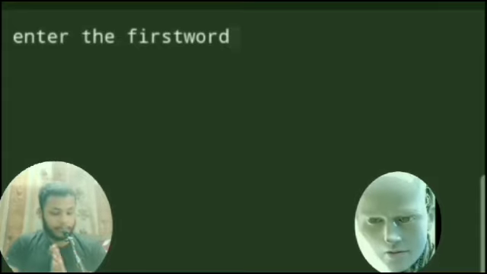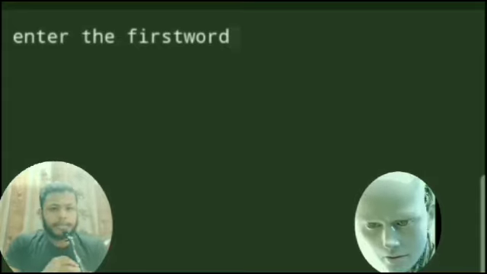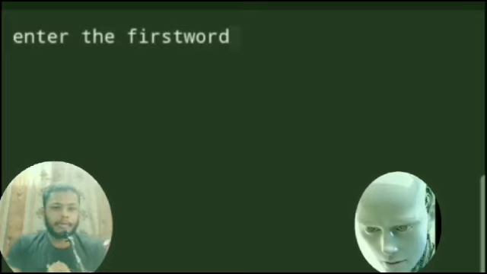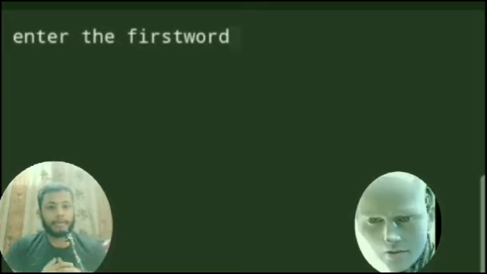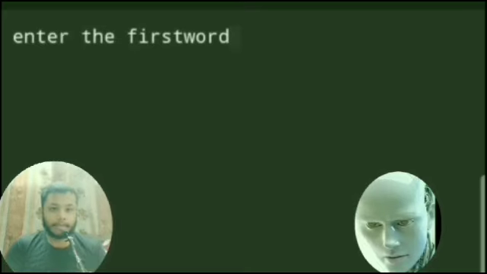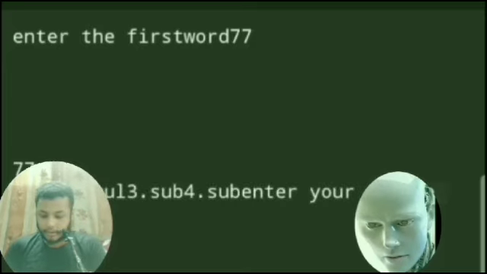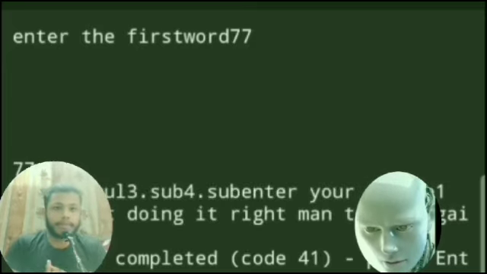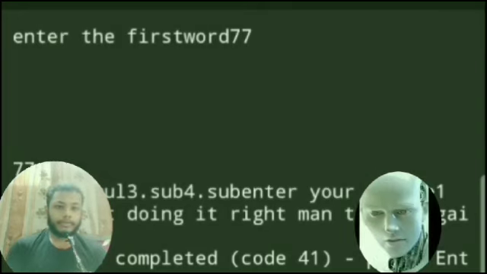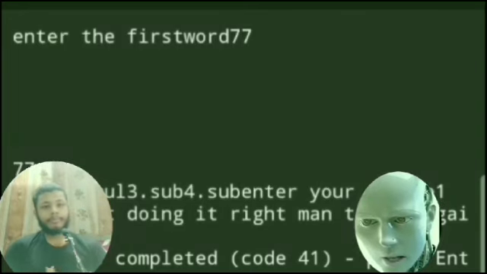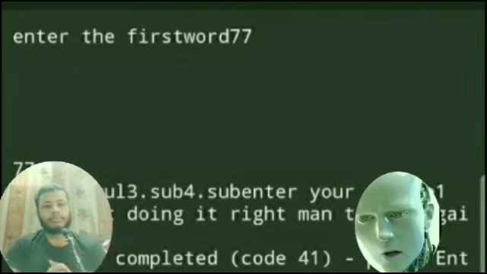It says first word. Oh, I should have put a number, not a word. Let's take our first number as 77. Enter. 77 again. And just choose number 1. Enter. Okay, it's fine. Good practice, but you already know that using C to create this kind of program is very